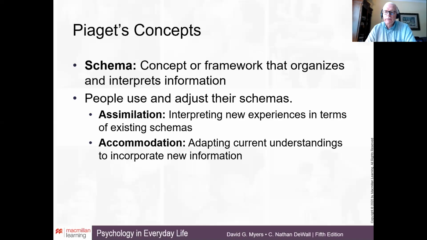Let's take, for example, a very small child, a young child, who has a kitty cat at home, and the child's experience with animals is still quite limited, to where whenever the child sees any furry animal with a long tail that bears any resemblance at all to her kitty cat, she calls it a kitty cat. That would include squirrels, for example. She sees them playing in the yard and she calls them kitty cats.